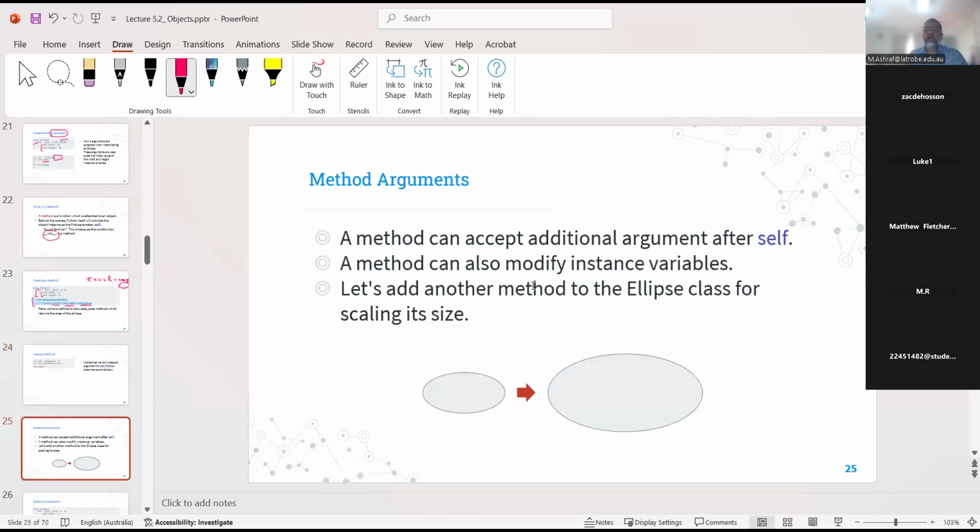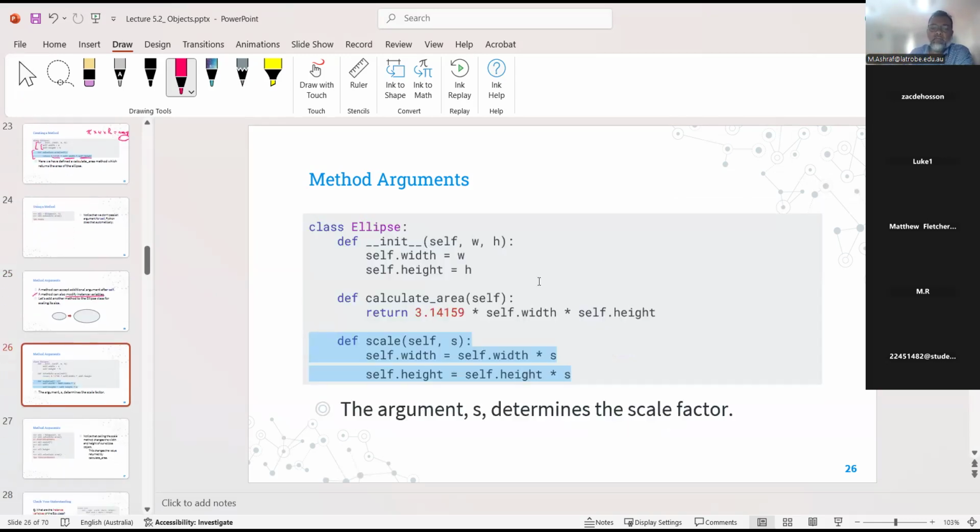Okay, now the method arguments. A method can accept additional arguments after the self. A method can also modify instance variables, right? So this is interesting. It can also modify the instance variable. Let's add another method to the ellipse class for scaling the size. Suppose I want to put in a function by which I can scale both width and height in the same ratio and so on, right? For example,